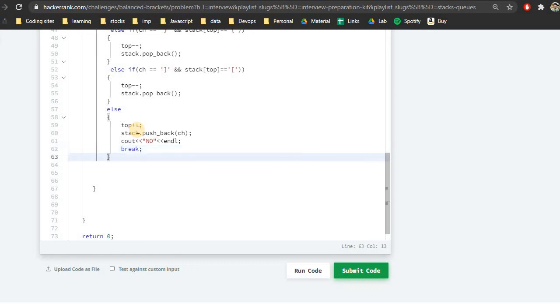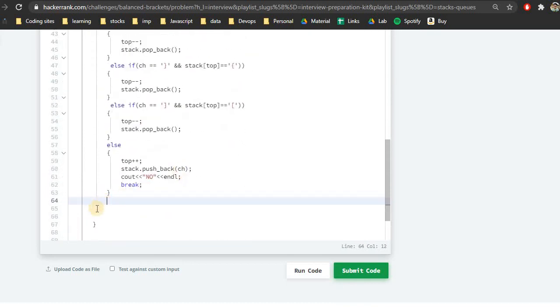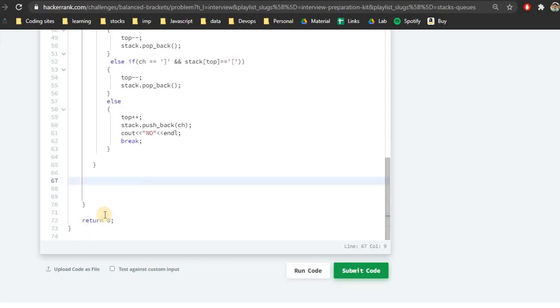After this, let's say my for loop is ending here. Let me check. So my for ends here. Then I have to check one more condition, that is whether my stack is empty or not. How can we do this? If my top is equal to -1, that means my stack is empty, so we can directly write the yes statement here.